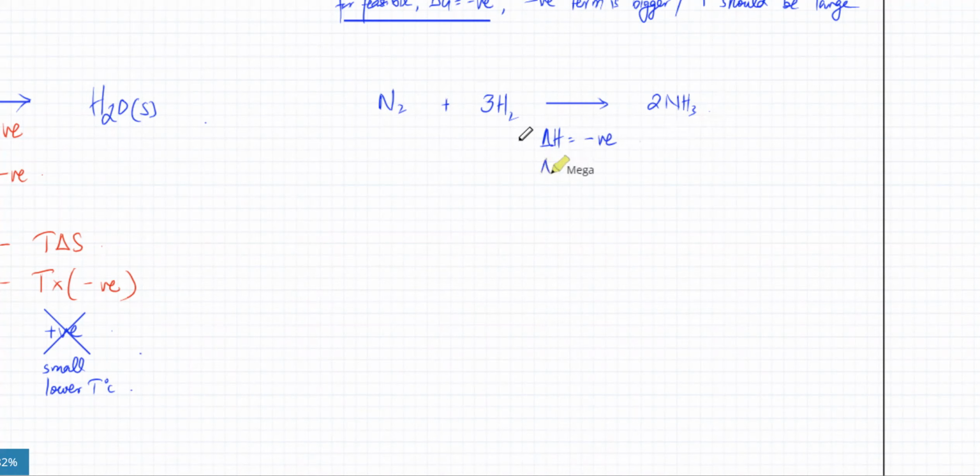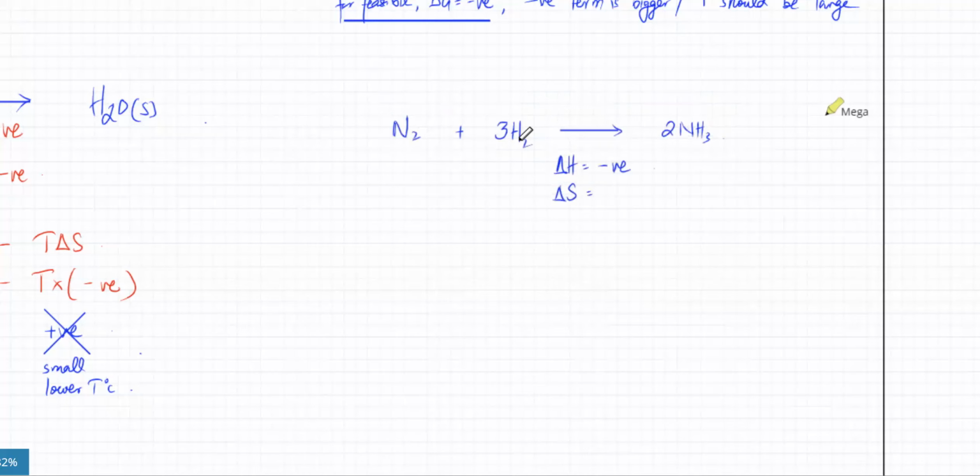And is the entropy change negative or positive? Yeah, it's negative. The number of gas molecules is decreasing. You had 4 molecules of gas, and now on the other side you just have 2 molecules of gas. Both of them are again negative. So that means